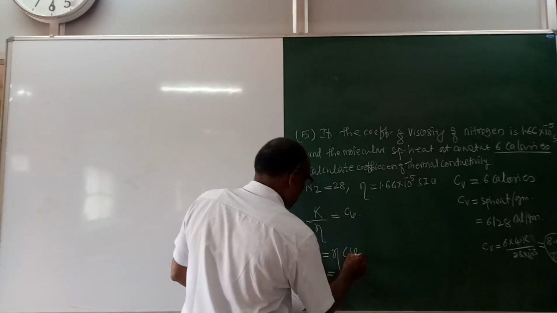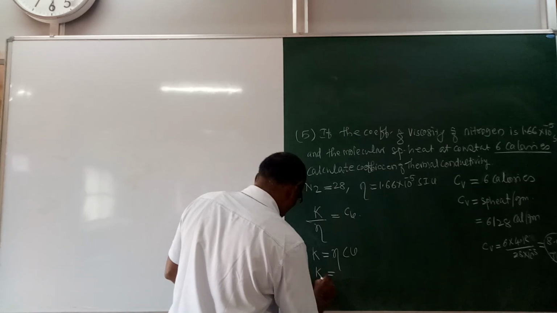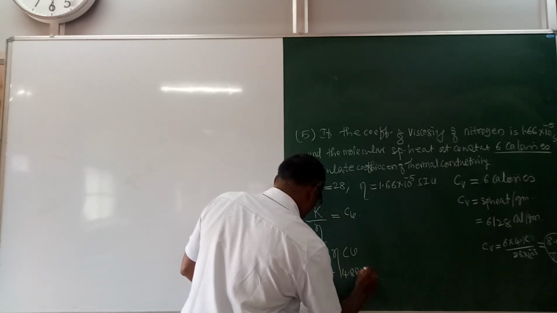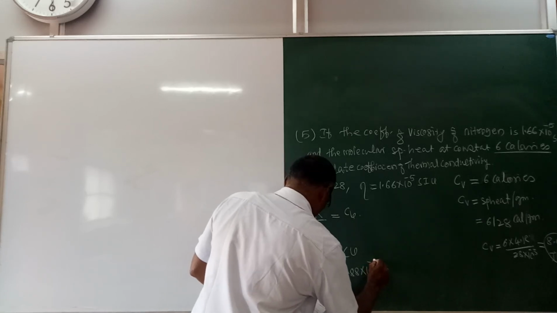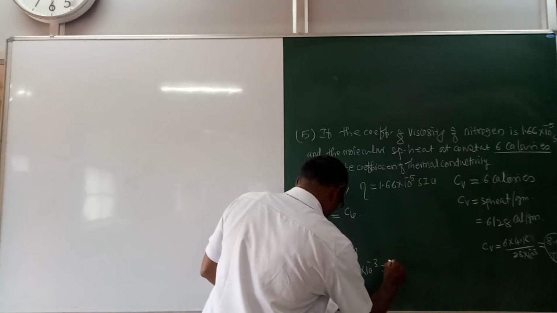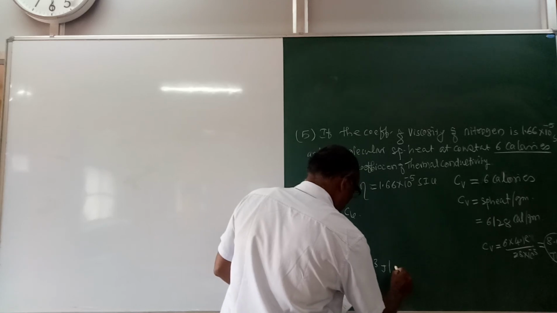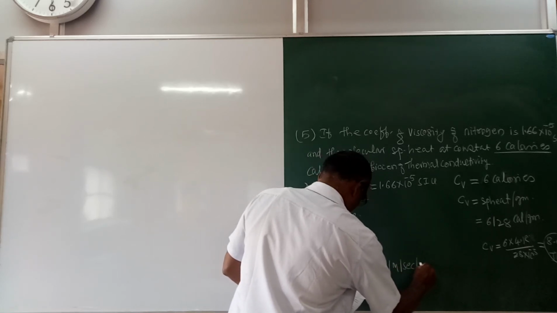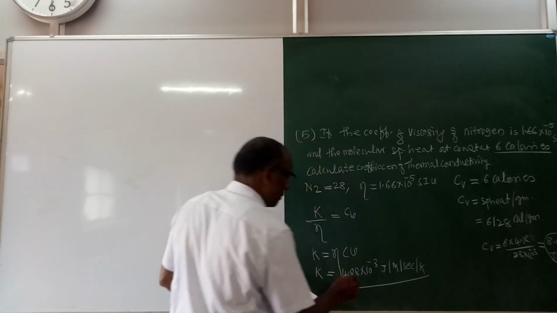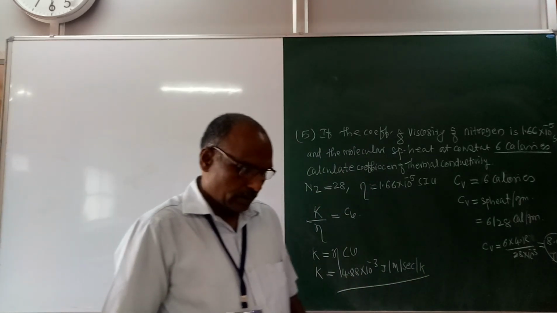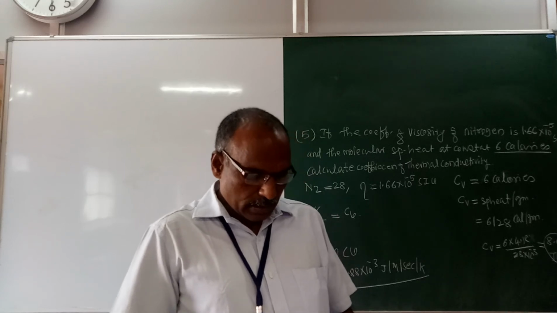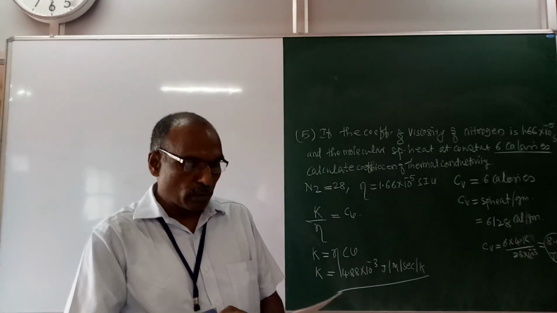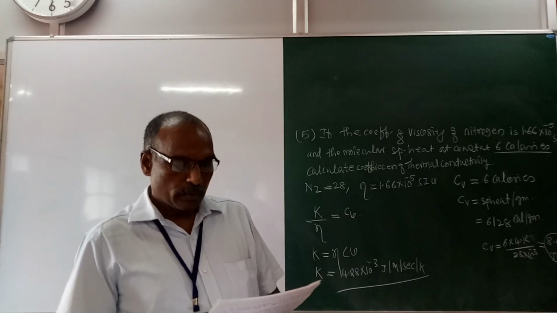If you substitute eta and CV, K will be equal to 14.88 into 10 raised to minus 3 joule per meter per second per Kelvin. Thermal conductivity. Similar type of problem you can solve on this. Let us go for a problem on